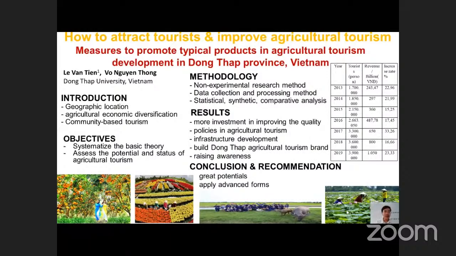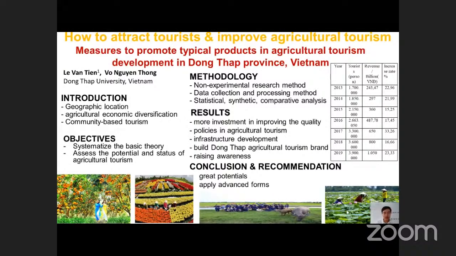Now I will present the objectives of our paper, and we have a general objective. For the general objective, we would like to systematize the basic theory to serve the research and development of the agricultural economy associated with tourism. And for specific objectives, we would like to assess the potential and status of agricultural tourism